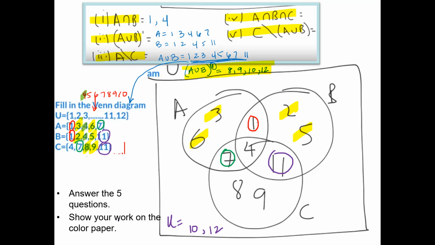Number 3, A over C. So you're going to have A, and that is going to be 1, 3, 4, 6, 7, divided by C. And in C, you have 4, 7, 8, 9, 11. So then what you're going to do is just cross out numbers that you can cross out. 4 is gone, 7 is gone,